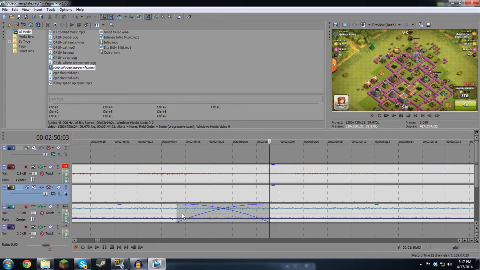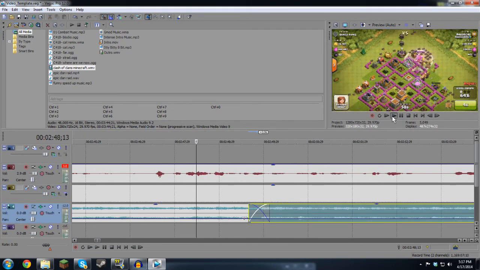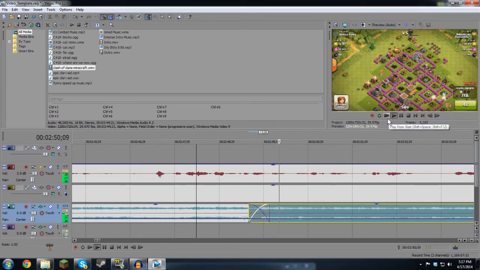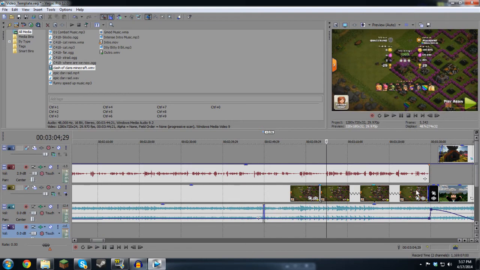So a good fix for that is if I fade it a little bit more. Then it will sound like this. Healing spells. He used the Barbarian King, the Archer... Yeah, it's still pretty noticeable, but that's okay. I'll fix that later. So anyway, as you can see here, there's like a little jagged line, and that means